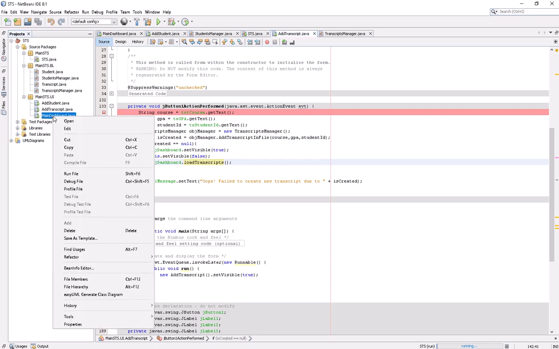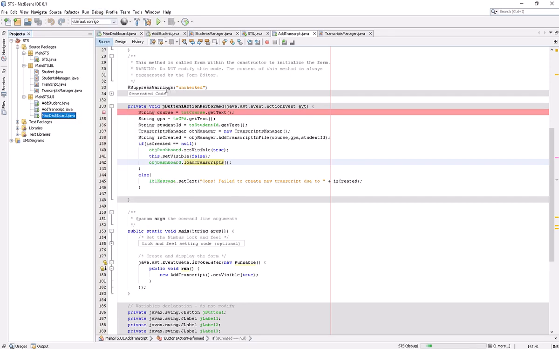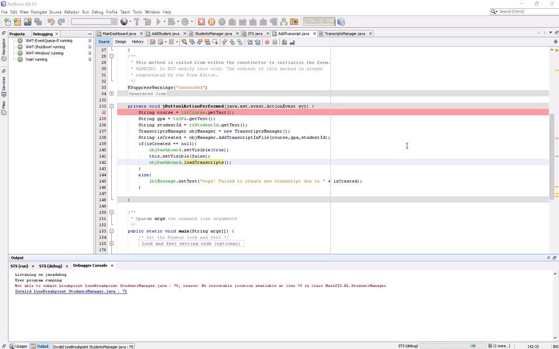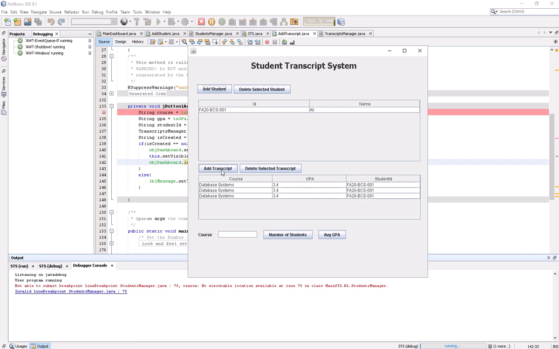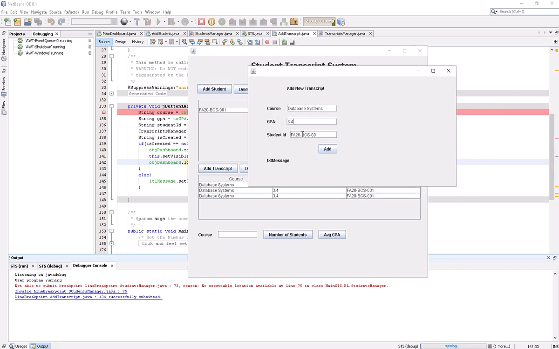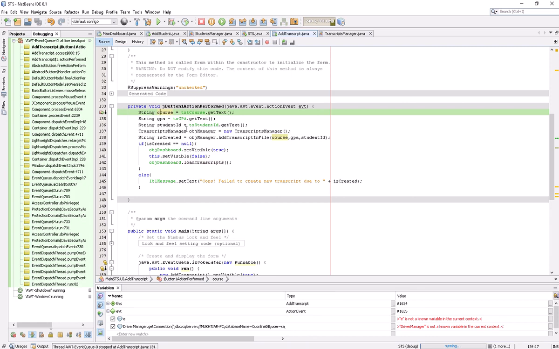So now let me right click it, or you can just say run as it or just debug project. You can also debug a single file. So now it will execute it. Now it has been executed, and I say okay, I'm gonna add a new transcript record. So the transcript record again for the database systems, and this GPA will be like 3.2 for another user with the registration number 5. Okay, I said add. So now you see the debugger came here.